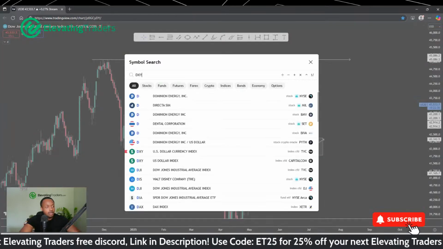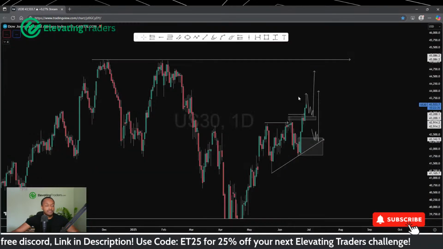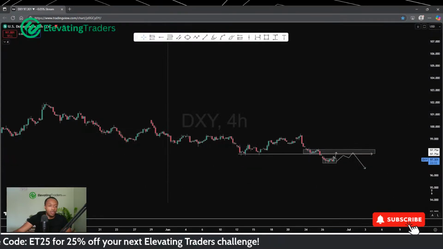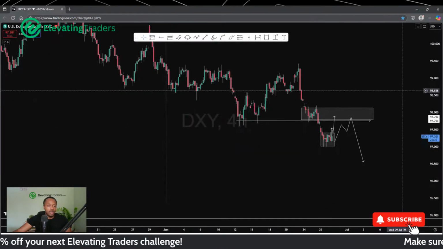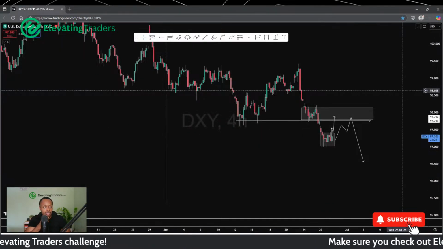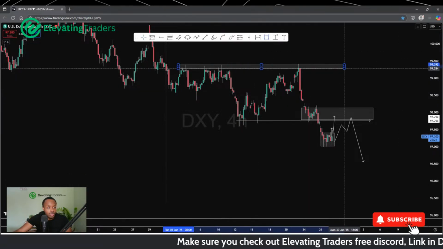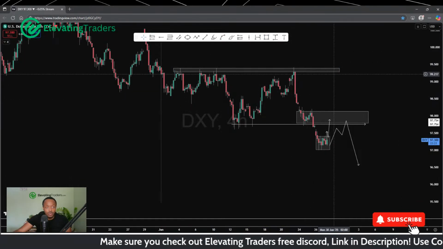But in terms of dollar anyway, it's looking very dry. So I've got a feeling that we can see some upside soon. But I'm not going to look to trade or bet on upside on the dollar until I see some conviction in the market. I was looking to see price break through the resistance here this week. That didn't happen. We respected resistance. We had a bit of a sell-off.